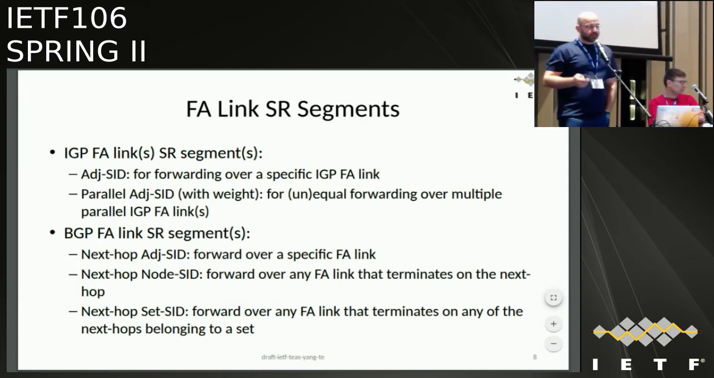So what type of segments can we assign to an FA link? We have IGP FA links. We can assign an adjacency segment to them, or a parallel adjacency segment where you're load balancing equally or unequally. For BGP FA links, such that they're connecting two BGP speakers, we can assign an adjacency segment that takes us to a specific BGP next hop, or